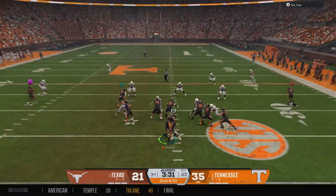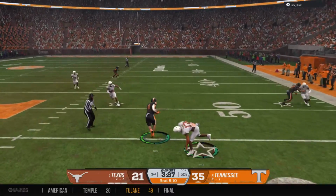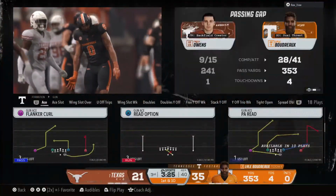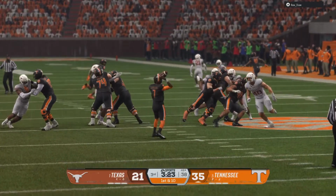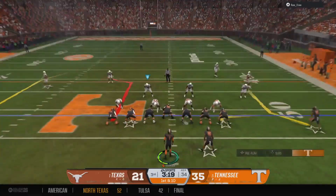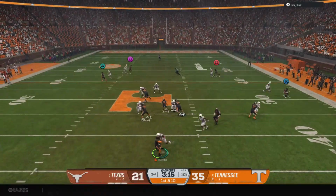Throwing off play action. Looking for his big tight end. Wide open downfield. They bring him down, but that's a solid gain on the play. This is turning into a monster day for this quarterback, Kirk. His passing yards now up over 350. Yeah, and it seems like this defense has tried everything. They're blitzing, they're sitting back in zone, they're trying to...